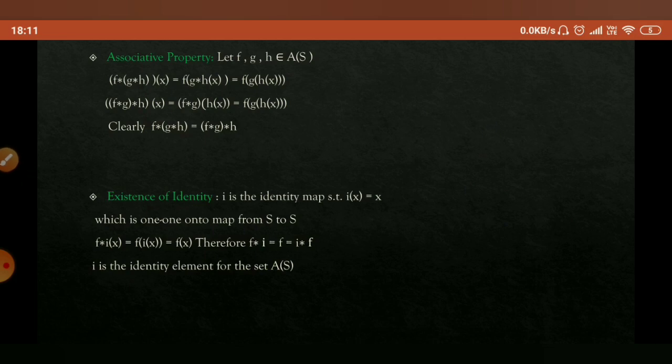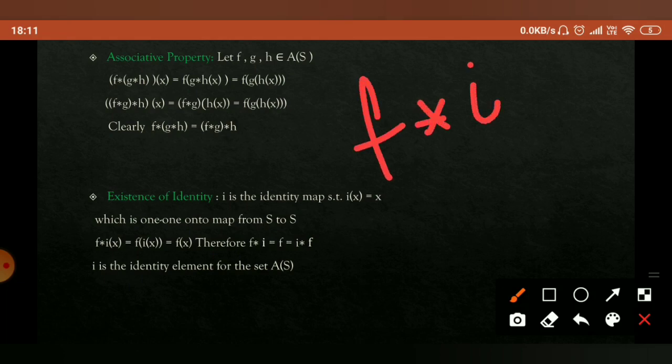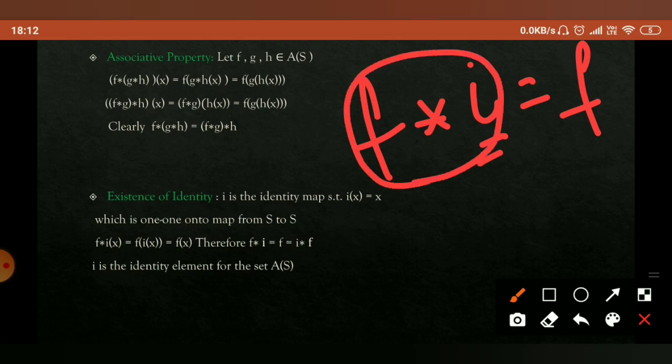For that we need the property of groups, that if we apply this star operation between the identity and any other element, the answer should be that element. So here we have the element as permutation F and the identity we have I. Now we will check whether this is equal to F, then it will be the identity element. So how will we check? We will apply it on an element, because a mapping holds value only when it is applied on an element.